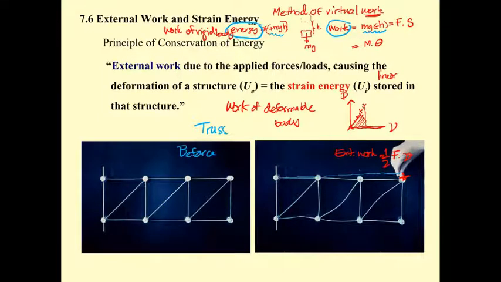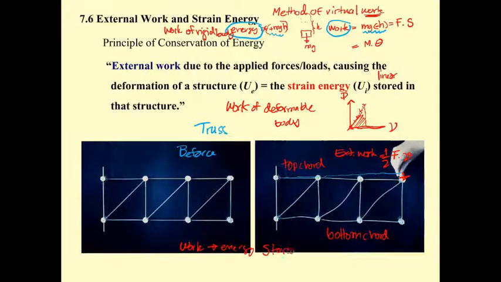And this external work is going to be stored in the structure, in the members that get elongation on the top and shortening in the bottom chord. Let's say this is the bottom chord, it shortens, and the top chord is going to be in what is called elongation, and then the diagonal also. See, when it is shaped like this, the work is actually changed to be the energy